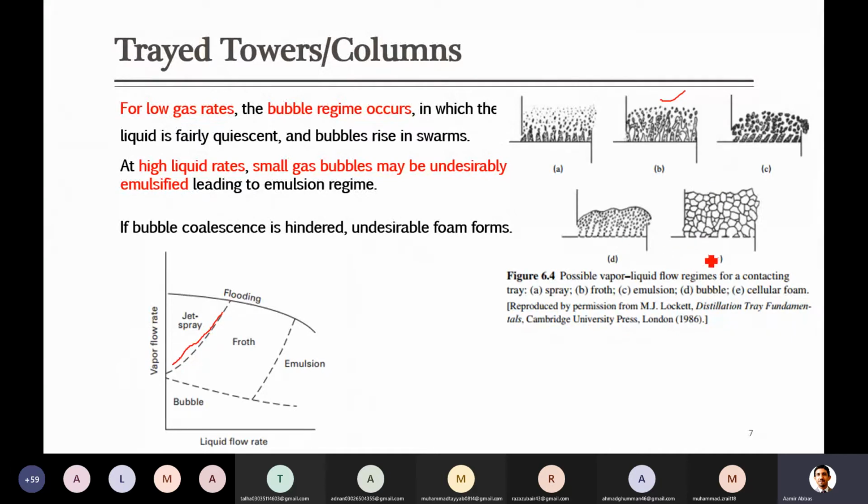So when the vapor flow rate keeps on decreasing, here you can see that somehow they can still escape from it, somehow they can move towards the top, but still there is some trapping. And you can see from here, although this is not that clear, that some are trapped and the liquid is going down, so they are still part of the liquid.